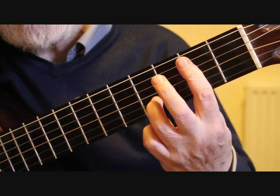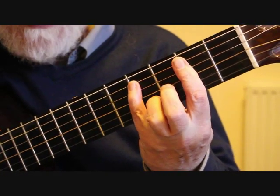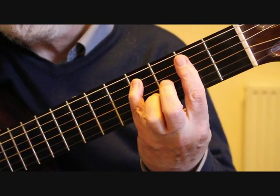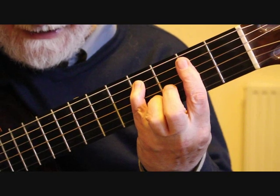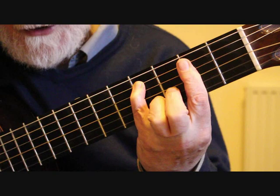Now the reason I finger it this way is so that I can get the little finger over onto the 5th string 4th fret for the C sharp, and then we can play the 5th string, 1st string, 3rd and 2nd,